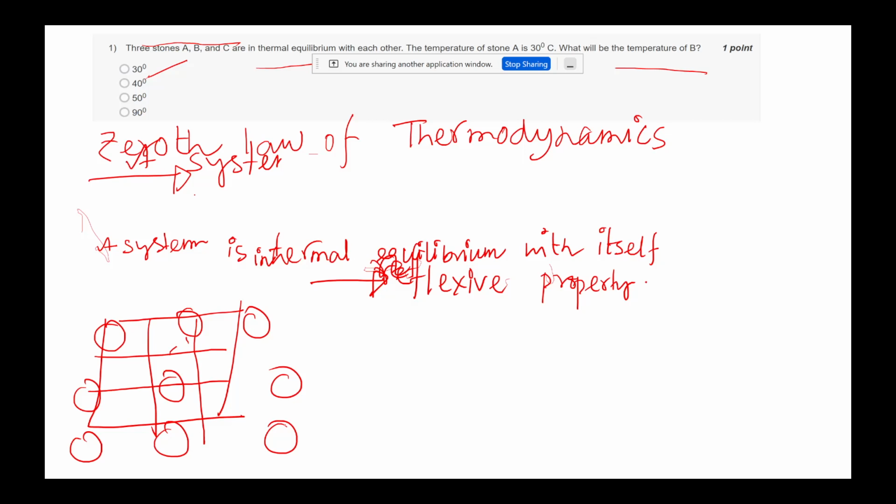If we want to talk about the microscopic point of view, then we have to talk about kinetic theory. Then for each and every constituent of that system, the molecules, we have to take into consideration all the degrees of freedom of all those particles together. Yeah, so is it clear?